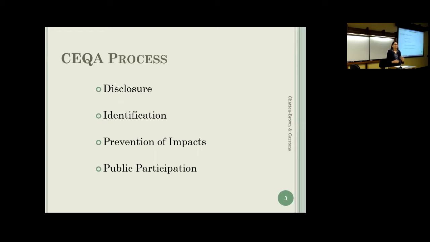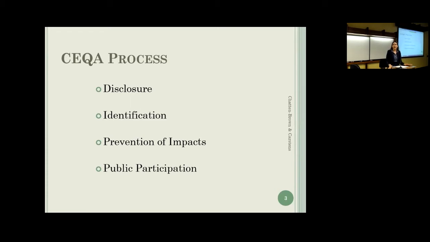Courts have repeatedly interpreted CEQA in ways that promote public participation in the process. For example, there is a case that says you can't just hide something in an appendix to the EIR and then rely on that as the basis for approving a project. You need to really disclose that information to the public as far as why an impact is significant or isn't significant.